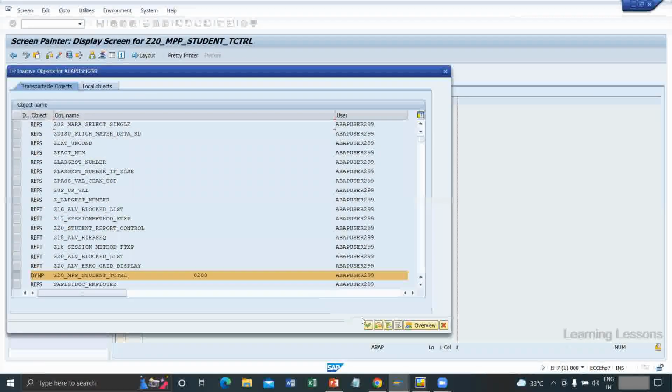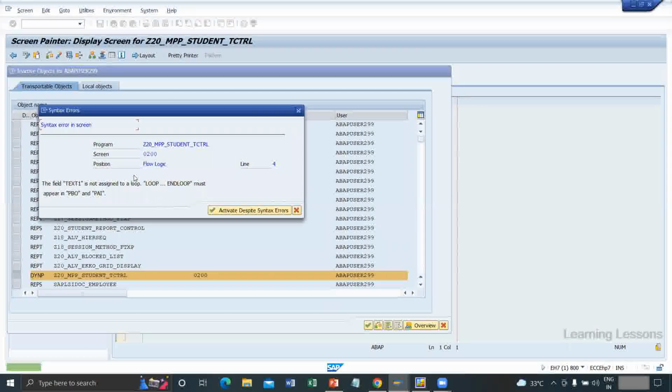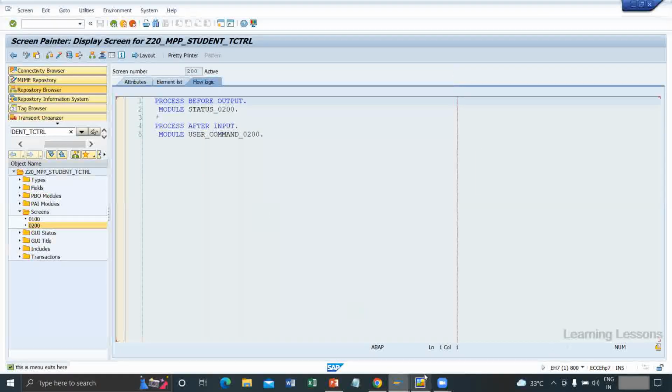We have to activate. We'll try to activate here. Okay. So the field text one is not assigned in the loop. Okay. Some issue with this. We have to write some code. We can ignore this part. I just close. It is saved as of now. So now